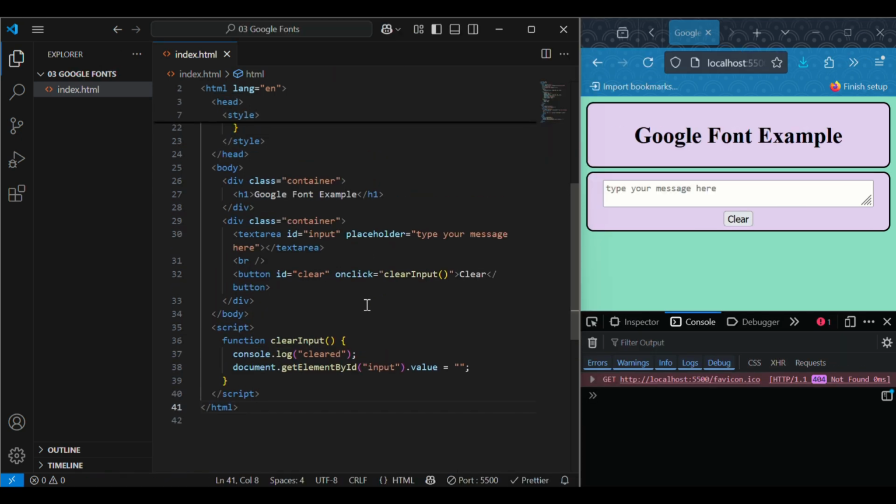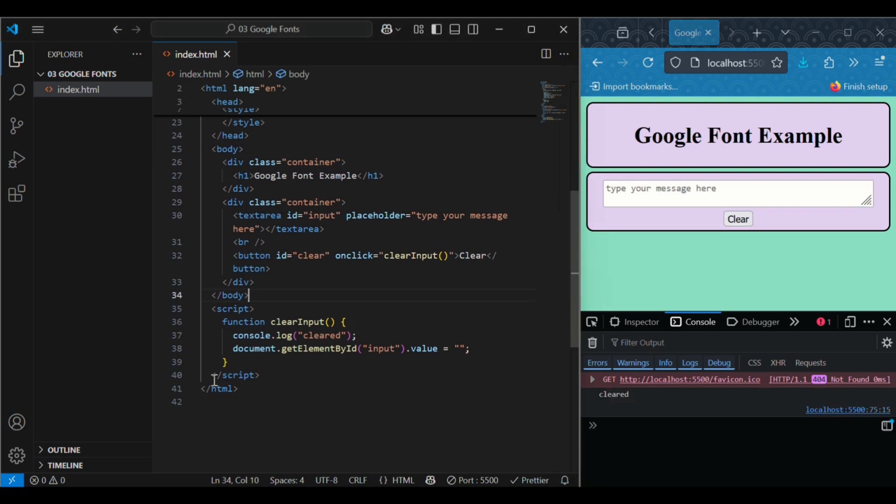Okay, so the whole idea of this is that the user types something in there, and then it shows up in a fancy Google font down here. Right now, obviously, it's not doing that. So let's set it up for that. So